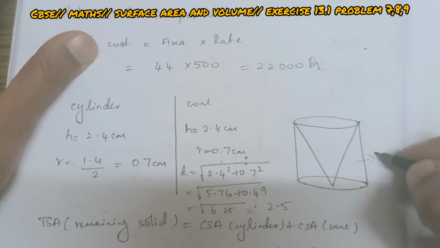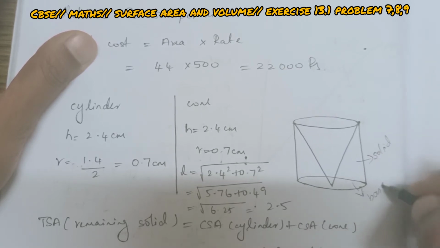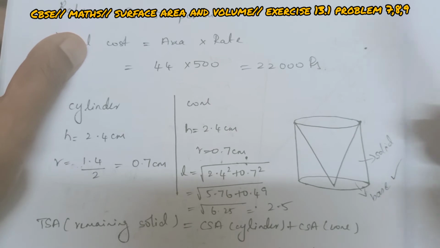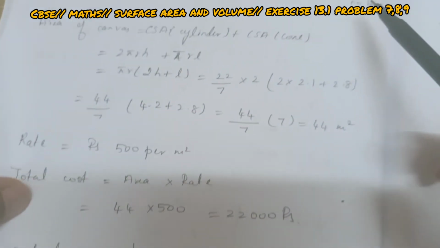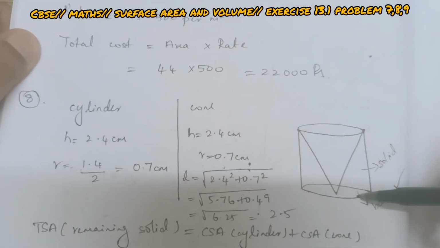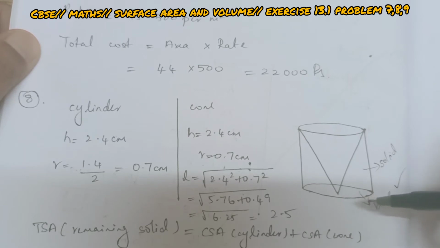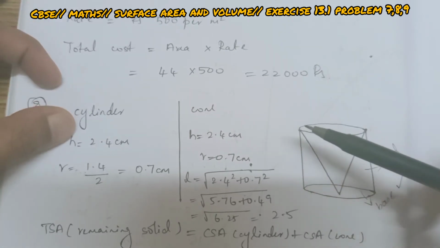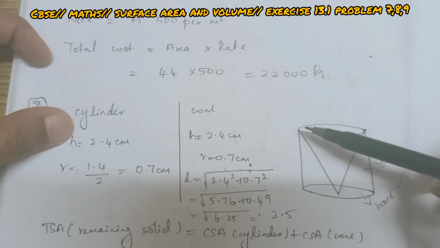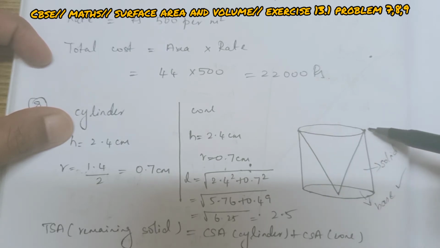What is special about a solid cylinder? Solid cylinder will have a base. Okay, base is there. For hollow cylinder there will be no base. For hollow cylinder means like a tent, not the hollow cylinder with big radius and small radius. For these type of cylinders there will be no base, but here it says solid cylinder, so surely there is a base. Okay, and what they are saying is, from the solid object, which is a cylinder, you are cutting off a conical portion.